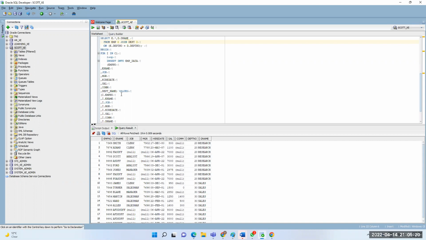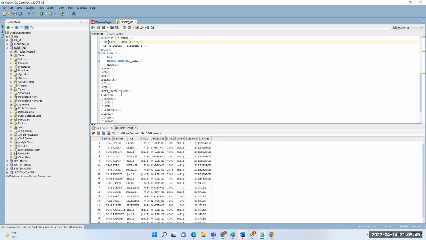So every time we use a cursor, we have to work with loops. Because a number of records will be there, right? You cannot process them as a single record. You need to process record by record, so you need to loop. By the loop we are getting all our records.